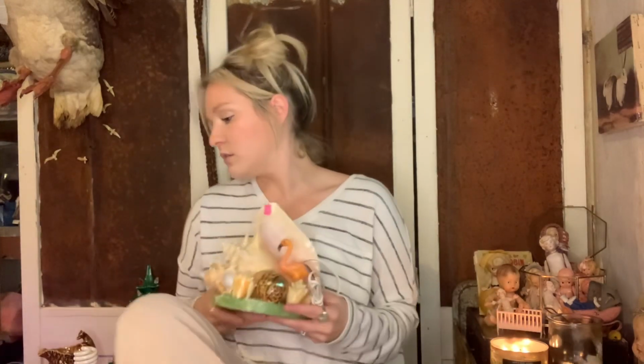Then from Jeffery, I got this beauty, this tacky seashell lamp. I love this. Super fun. Don't come for me, Jeffery, if you're watching this, but I'm probably going to remove the flamingo. That's just not really my style. So just picture this without the flamingo. That's my style. And I might put a piece of, I don't know, not ephemera right there because you don't want it to catch on fire, but something else. Maybe like this. Like him on there instead of the flamingo. Huh? That'd be cute. Yeah. Because deer, they're in the ocean. But to be fair, flamingos aren't ocean creatures either. So